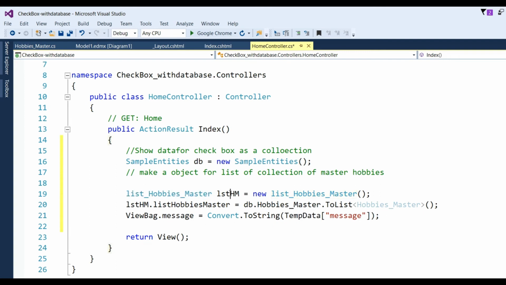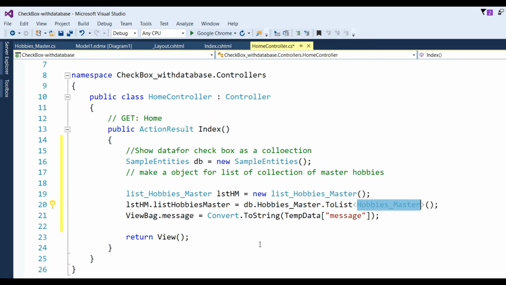So I have made an object of list hobbies masters, and then I have added lsthm.ListOfHobbiesMasters. Then I have put here db.HobbiesMasters, which is already in the database, ToList, and I have taken the hobbies master class here to make a list.